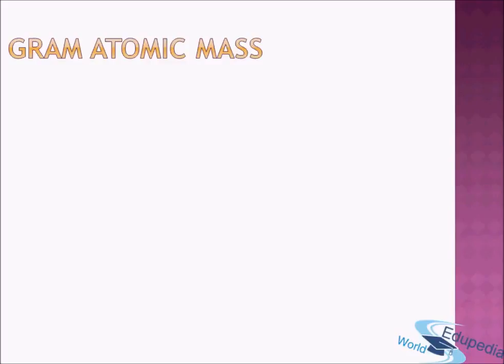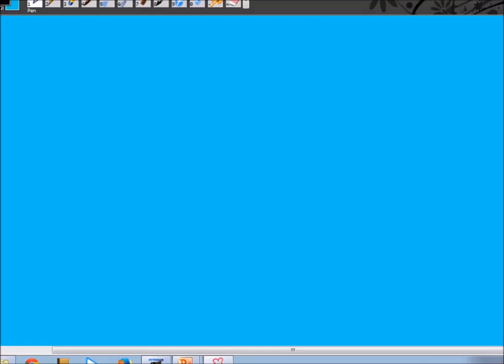of 1 gram atoms, and we already know that 1 gram atoms is nothing but 1 mole of atoms. Alright, so mass of 1 mole atoms is called gram atomic mass. Okay, so let's see what this means for us. Say I have oxygen atoms. Alright, let's say I have oxygen atoms with me.